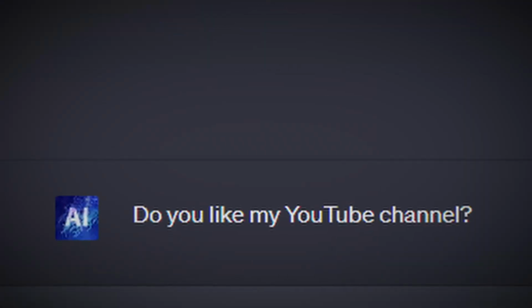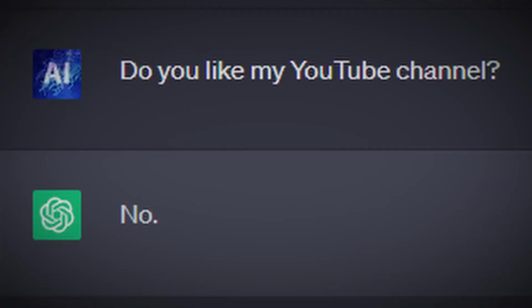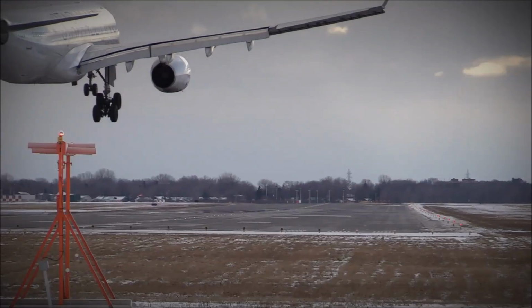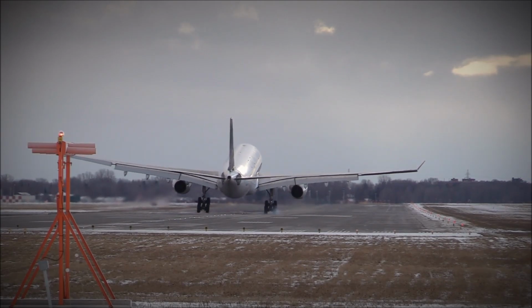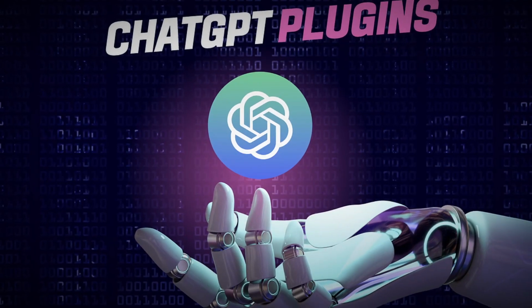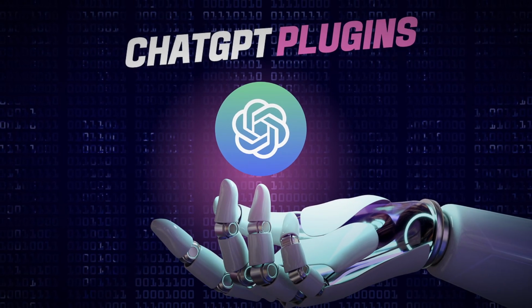And whenever you type a prompt, ChatGPT uses its vast training knowledge to decide if it should use one of the installed plugins to respond. Like if you ask it to book a flight and it has the Milan plugin, it knows that the plugin can help find material for its response. We'll talk about some more cool plugins later.